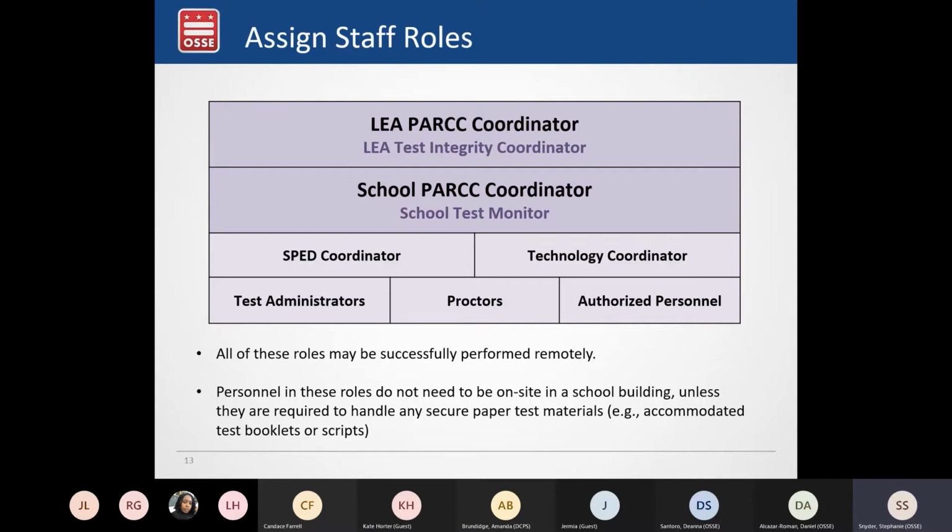Exceptions to that are if students who are testing require any paper materials or the human reader math accommodation, which requires a paper script. Those people would need to be on site in order to participate in those assessments. And in the case of math human reader, it's just the test administrator that would need to be on site. The student could still be taking the test remotely.